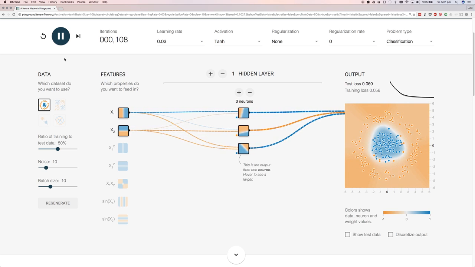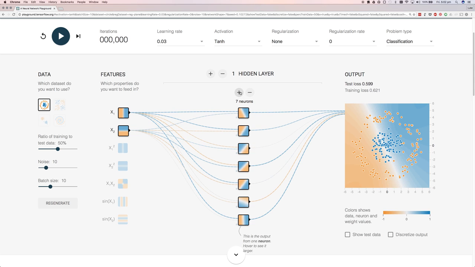What's going on is just with 3, we've been able to actually quite nicely match that data set. And we can find out how it's working by hovering over each of the neurons. The first one's dividing the top and the bottom half. The next one's dividing the bottom left corner and the top right corner. And the last one there is dividing left and right. And when all of those outputs get summed together, we've got this kind of wonky triangle thing that actually divides our data set quite well.